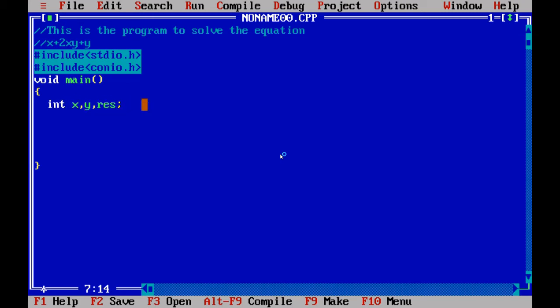Next, I'm first going to clear my screen, so clrscr. Then I have to get an input from the user, but here there are two input variables. At first you have to prompt the user: enter the two numbers.